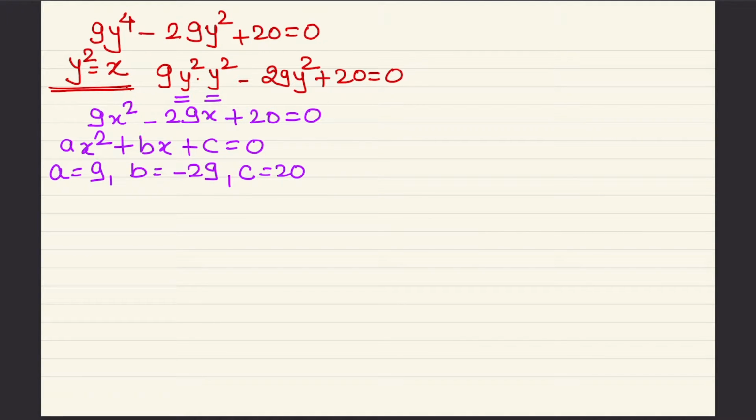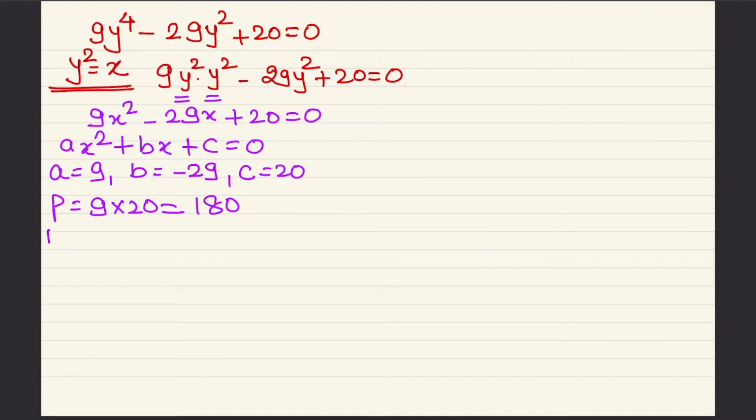In the last tutorial, I told you how to solve a quadratic equation. The sign in front of the product term, which is plus here, so we will take the sum of the factors. Let us see how. The product will be 9 into 20, which is equal to 180. Now we have to set the factors in such a way that the sum comes out to be 29.